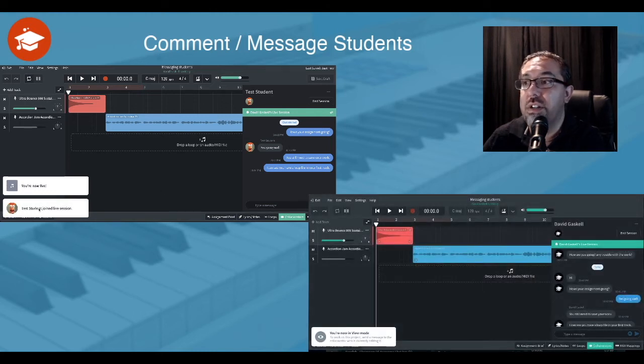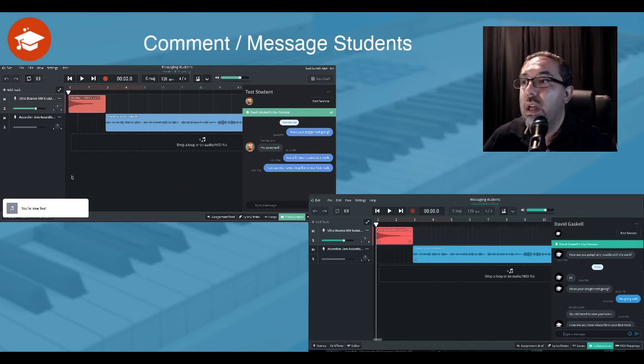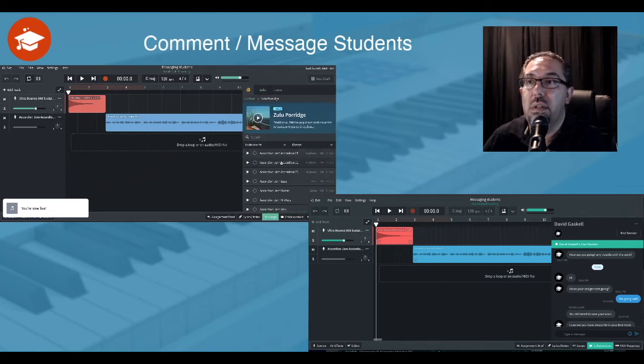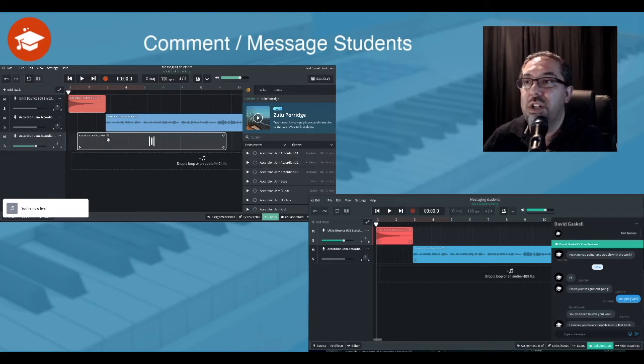Okay, so now the teacher knows that the student has joined, and if all working well, I'm going to add something. Let's go to a different loop, add it onto a third track. So we're making a change. There we go, that's in there. Okay, but it hasn't loaded for me. Okay, so if I go save draft now,